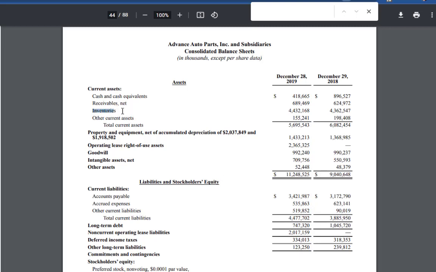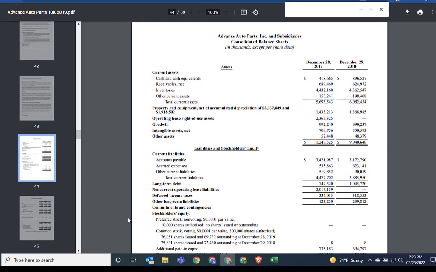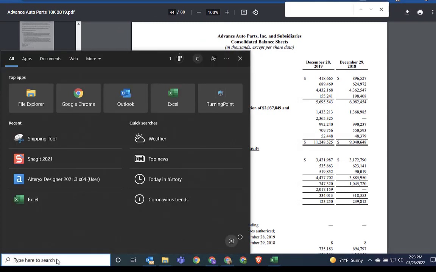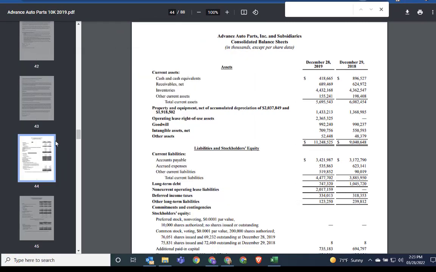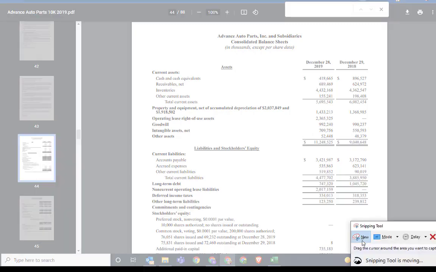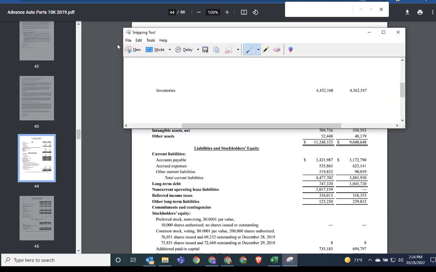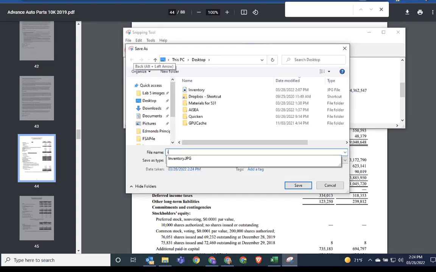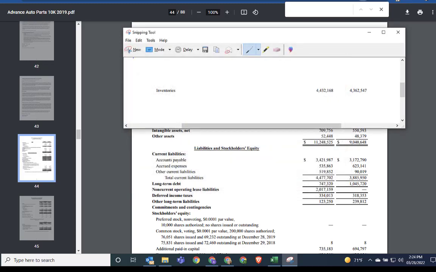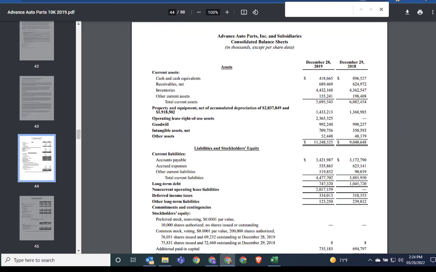Okay, so I'm going to go ahead and just make a screenshot of this real quick. So again, I'm going to get my snipping tool. And I want to screenshot this one, my 2018, but I'm going to just go ahead and screenshot the whole thing right here. And then I'm going to save it. And I can't call it inventories 2018. Okay, now I'm going to go back